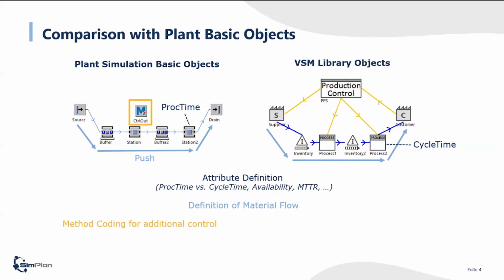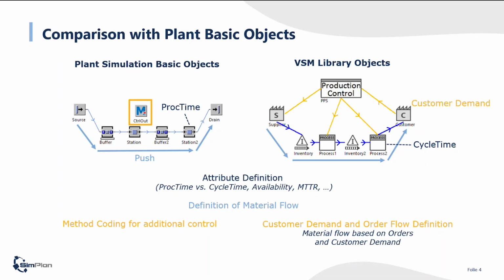But the main difference is that in a basic Plant Simulation model, you have the opportunity to integrate a method into your station and code your own logic and behavior there. That's predefined with the value stream library, where material flow is based on orders and on how these orders are pushed to the station. So the origin of most material movement is orders, which are defined in the customer. That's the main starting point from a static value stream analysis and also for the simulation.